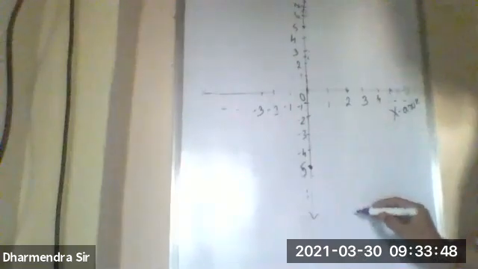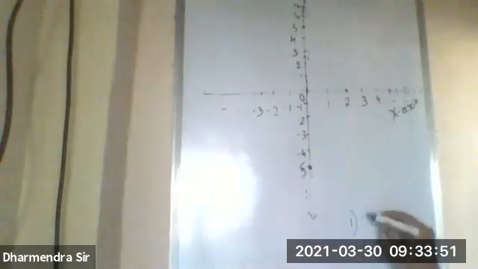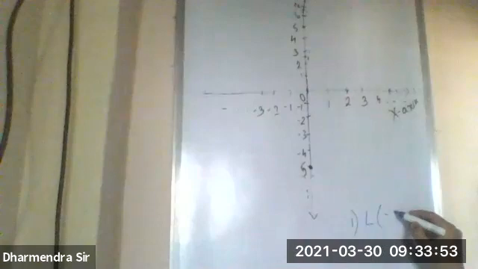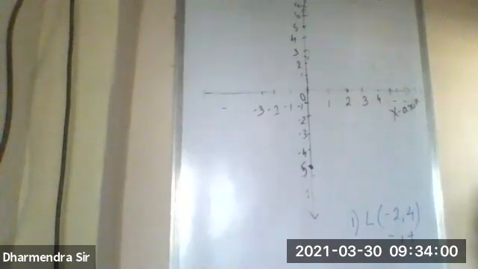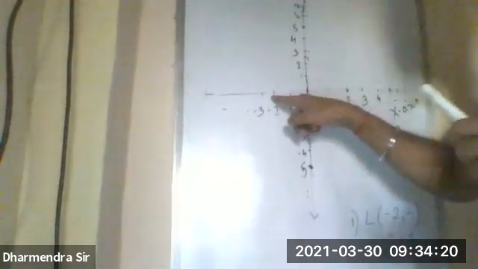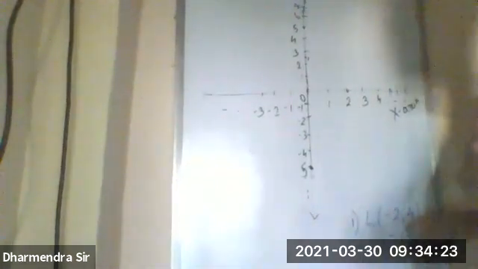So first we are seeing the point L, that is (-2, 4), negative, positive. Which quadrant? x is negative and y is positive. Yes, exactly, we are talking about the second quadrant. So in the second quadrant, just go for x equal to -2, and y is 4. It is here.